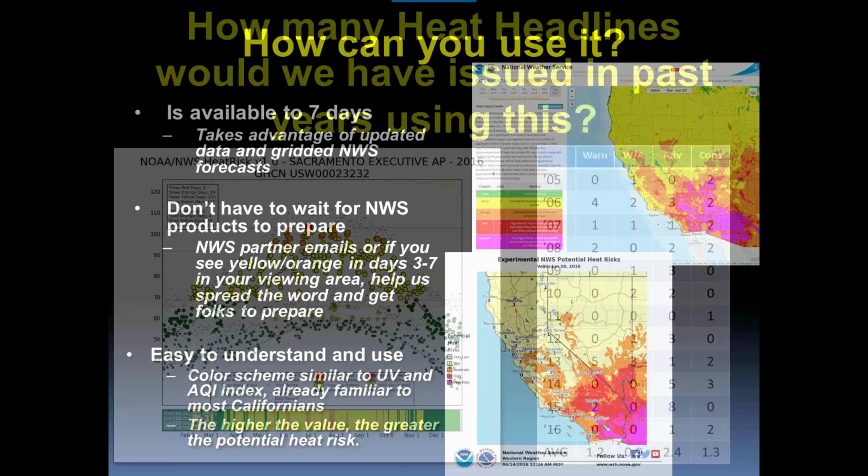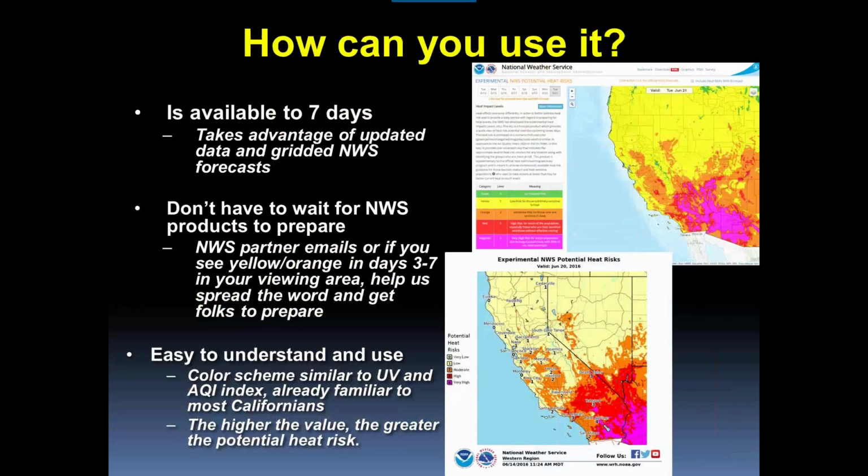The nice thing about this is you guys can use this information during your broadcast now. The images are available, and I'll show you, but we have the KML feature now, so you can bring that right into your broadcast, just like you do with the AQI. You can now say, hey, it looks like it's going to be real hot in Sacramento for the Asparagus Festival. Make sure you're packing extra water, not going during the peak of the heat of the day.